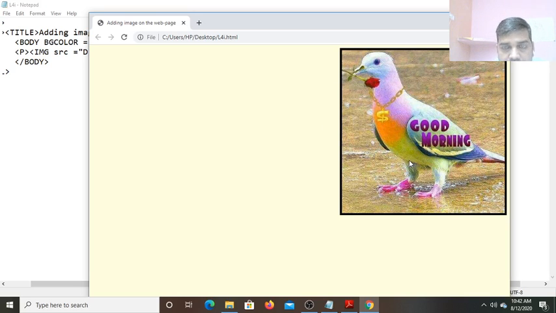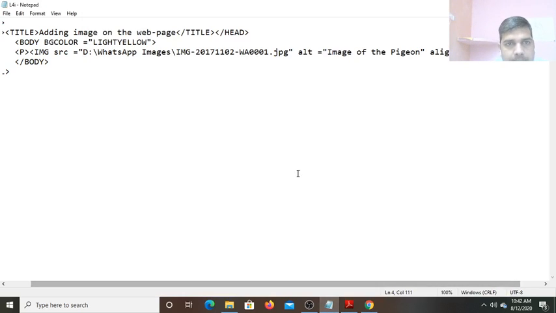Now what are the different values we can use with align? Top, bottom. Another we are using here is bottom, align equals to bottom. So here we wrote align right. Now one more we are adding, align bottom.